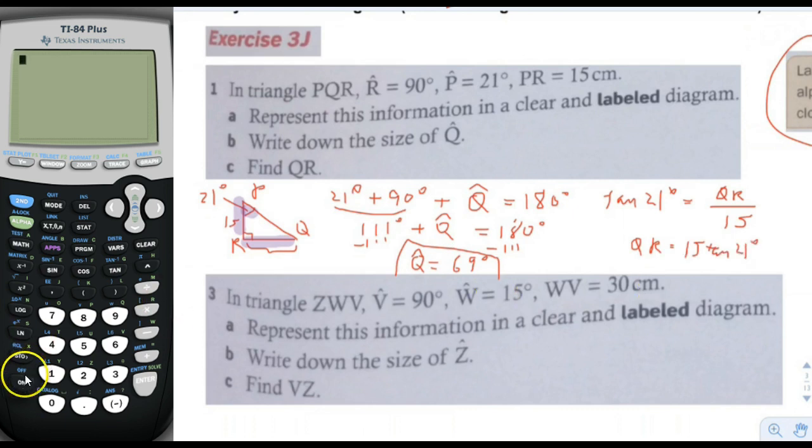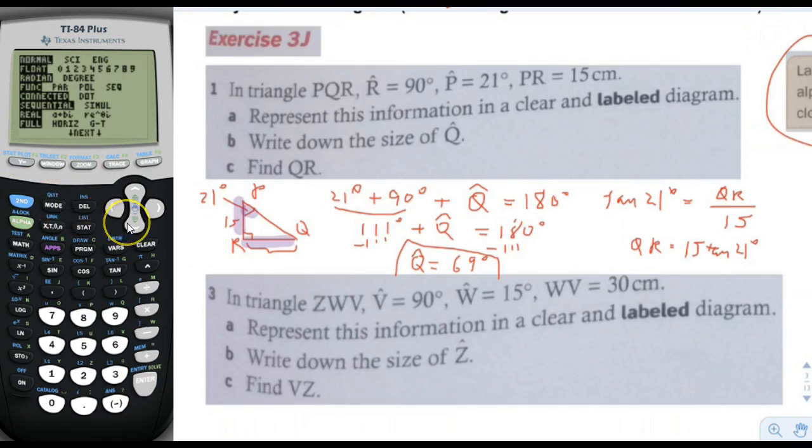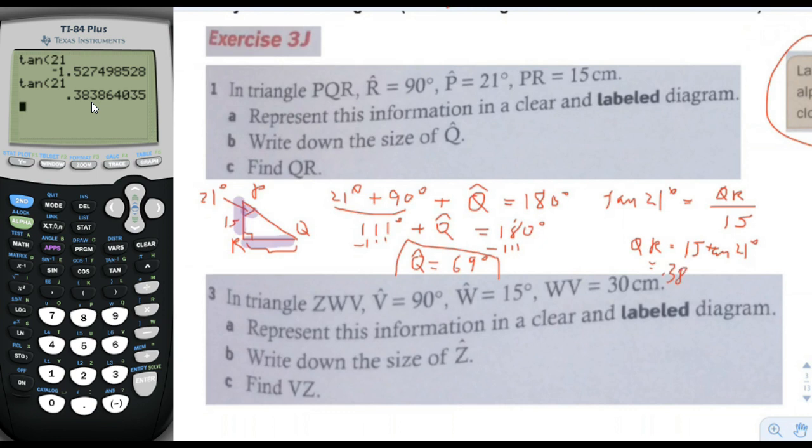And then we're going to go to our calculator and we're going to say, what's the tangent of 21? And I hope I have it in degrees mode. I don't think I do because it gave me a funny answer. Now I'm going to go mode, and then I'm going to go down here to degrees, choose degrees, and go back to the regular screen. I'm going to do tangent of 21 again, but this time it's going to know I'm talking about 21 degrees, and it gives me 0.384, okay? And so I'm going to have 0.384 times 15,